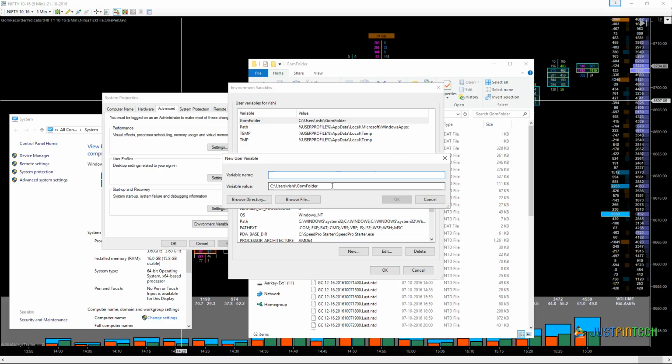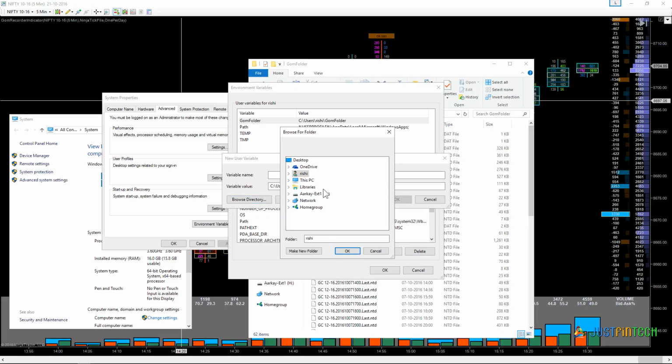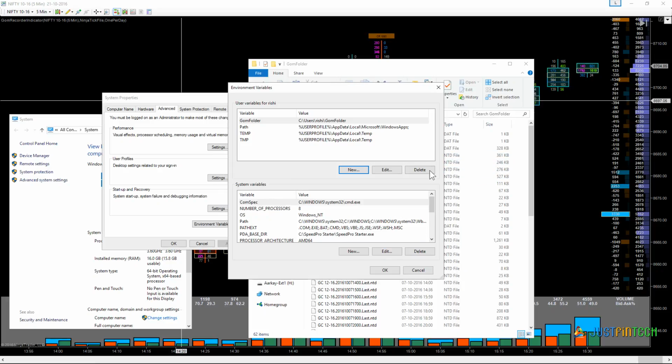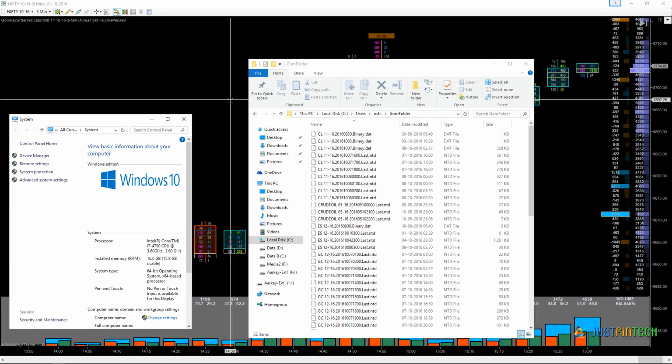If you don't want to copy the address, you can manually type it or browse the directory from here. This PC, C drive, users, Rishi, and select the folder you created. Press OK and the same path comes here. Just name it GOM folder, press OK, and this variable will be created. Once the variable is created,